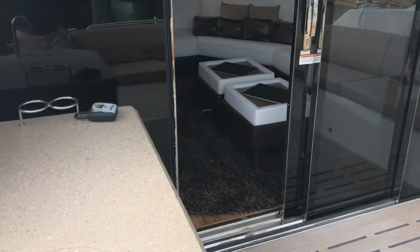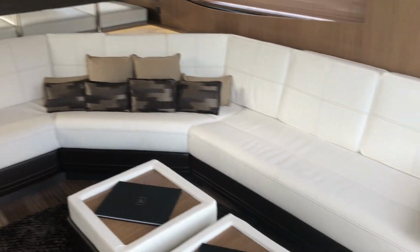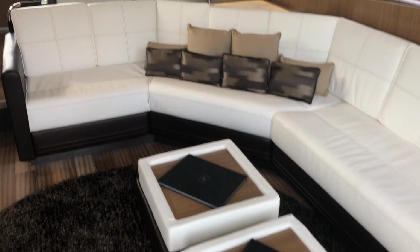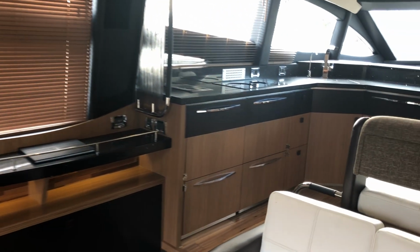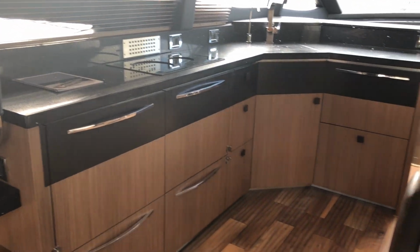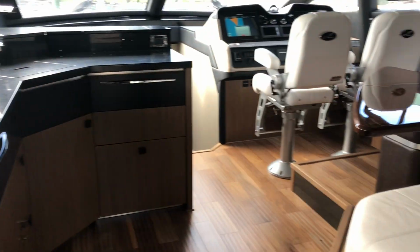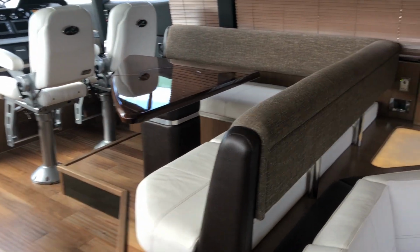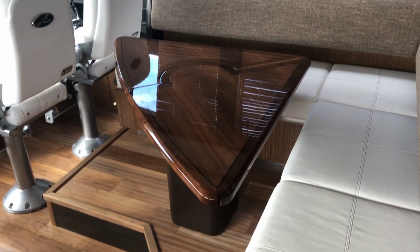in the cockpit. As we enter the salon, you'll see lots of seating for entertaining friends and family. Large flat screen television with sound bar. A large galley with solid surface countertops, dual refrigerators and freezers, microwave, and a large dinette with plenty of seating for your friends and family, as well as a nice solid wood